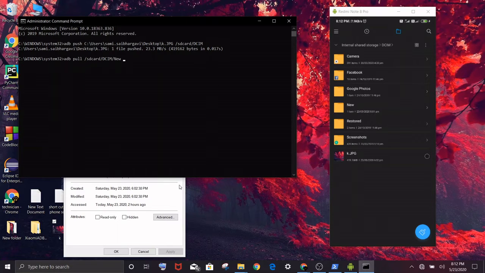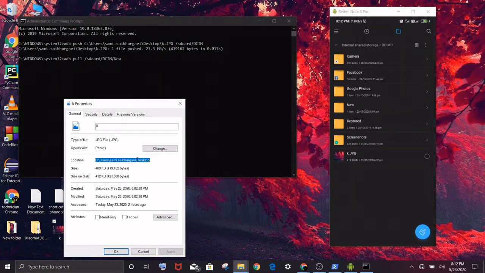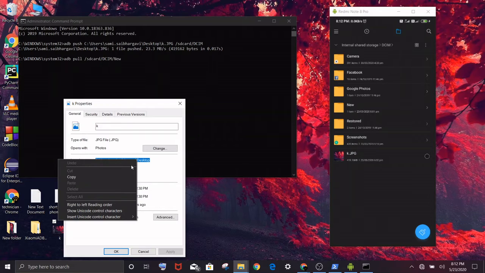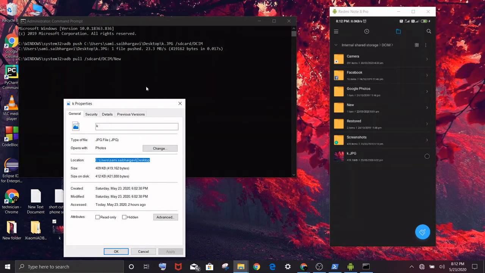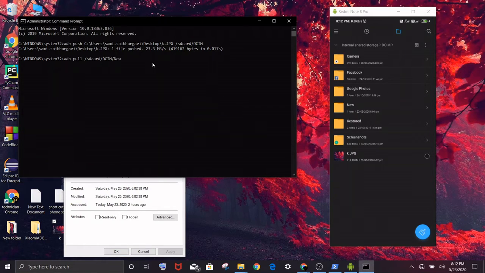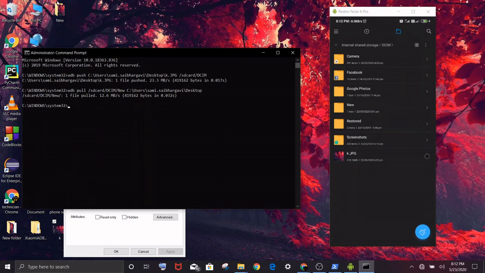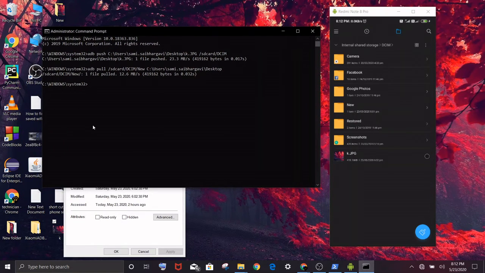You need to have the copy of your location where you would like to paste it in your Windows. Control V and hit enter. Now you can see that the new folder is copied to your desktop. In this way you can copy it.